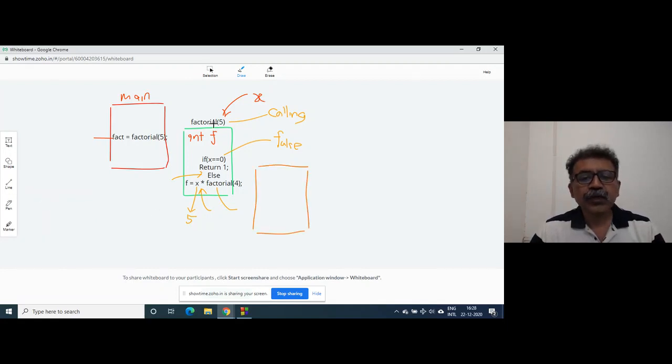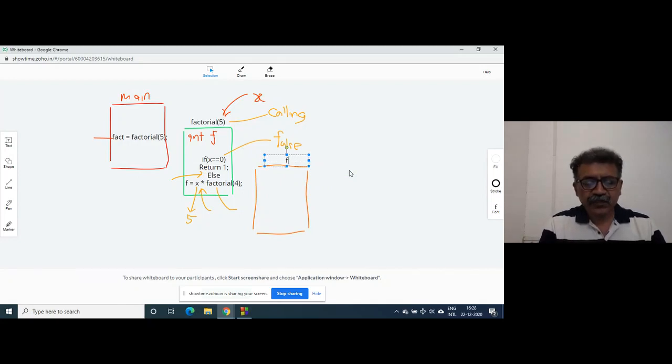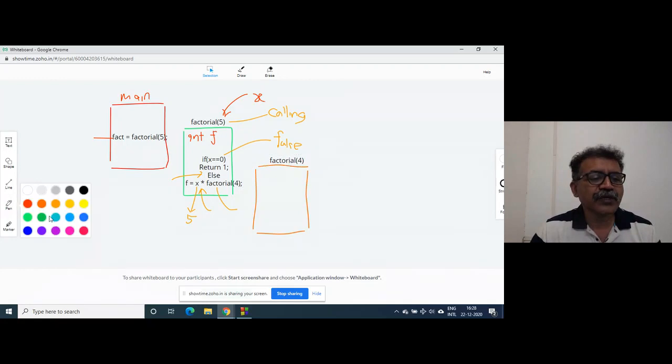So this will be one more function, factorial as 4. A separate body is created because the function has been called, and it is not a loop, so control will not go from here to here.